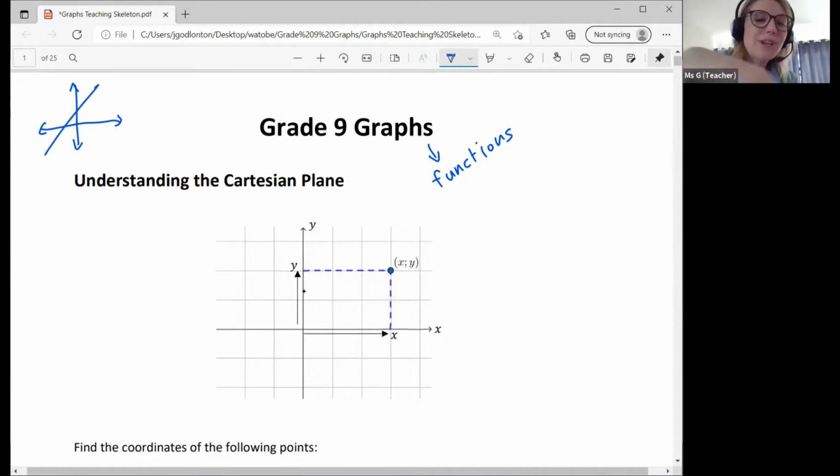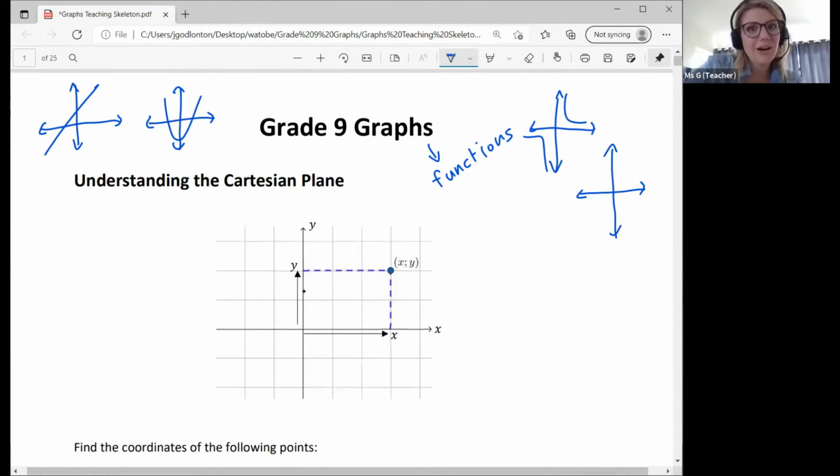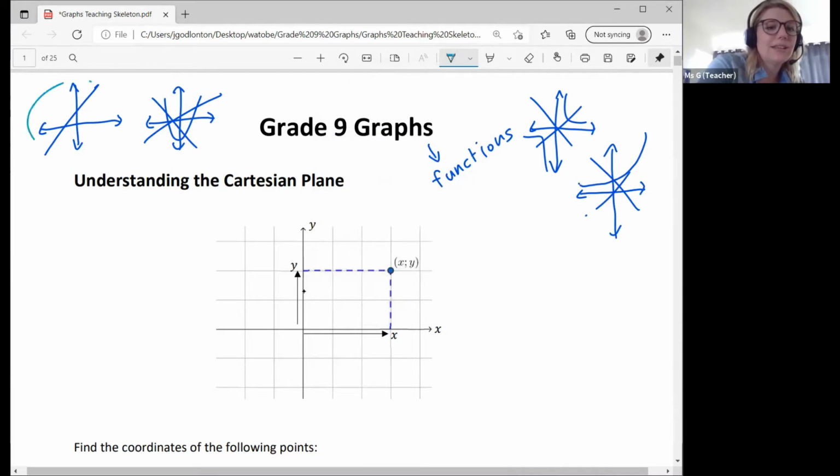In grade 10, we start looking at some cool graphs. So we'll look at a graph called a parabola, which looks like a happy graph or a sad graph. We'll look at a graph called a hyperbola, and it looks crazy. And we'll look at an exponential graph. When people say something gets exponentially harder, they're talking about an exponential graph. So we don't need to worry about any of these this year. The only one that we have to think about in grade 9 is this one over here, which is our